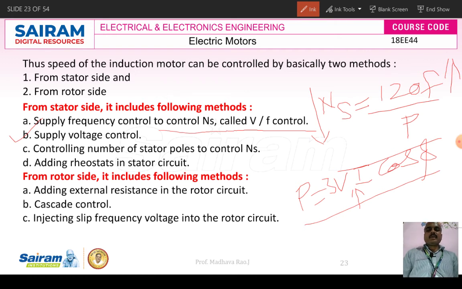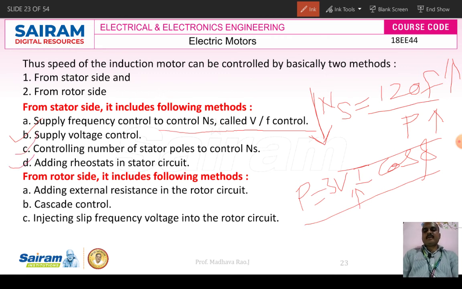Next is controlling the number of poles to control the synchronous speed: as the number of poles increases, the synchronous speed of the induction motor decreases. Another method is adding rheostats in the stator circuit. If you add rheostats, the current flow decreases, the flux decreases, and the speed decreases.